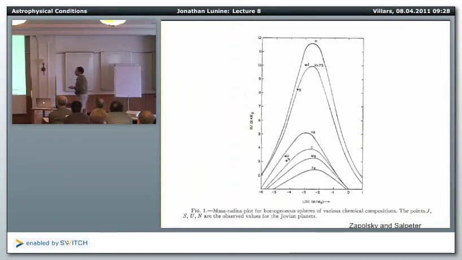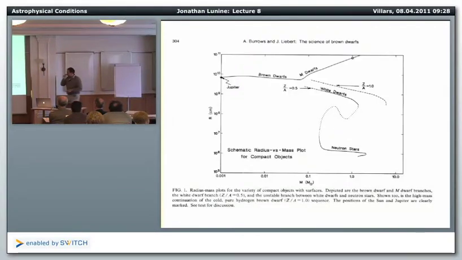Now, this would seem to lead to a kind of a degeneracy in the mass and radius. That is, for a given radius, you could have two different mass objects. That turns out not to be the case, of course, because that calculation was done for very cold objects. And as you add mass, you also add thermal energy. And so, in fact,